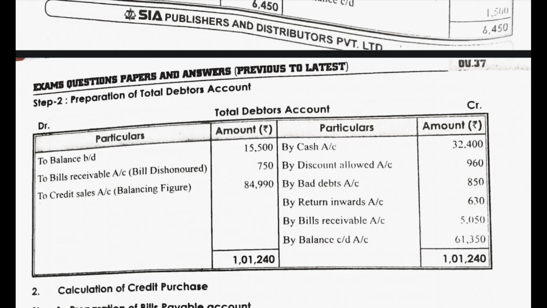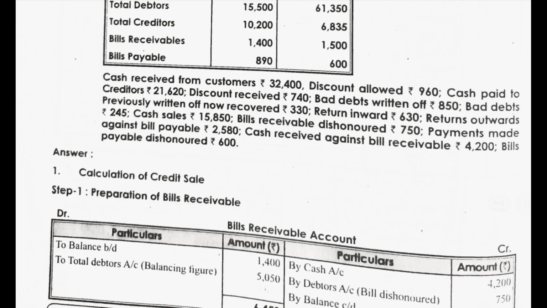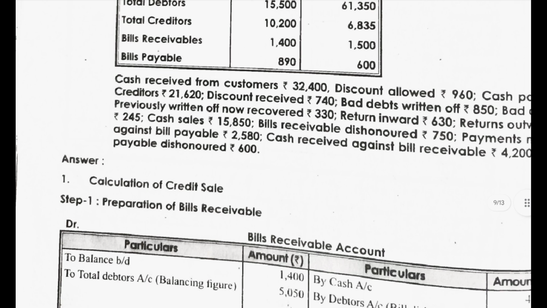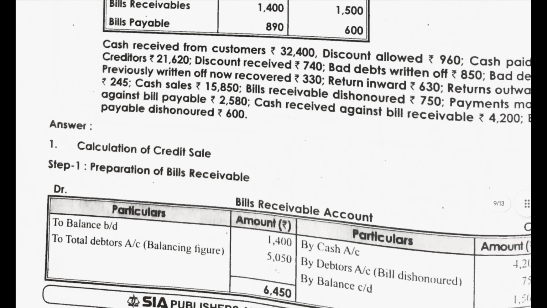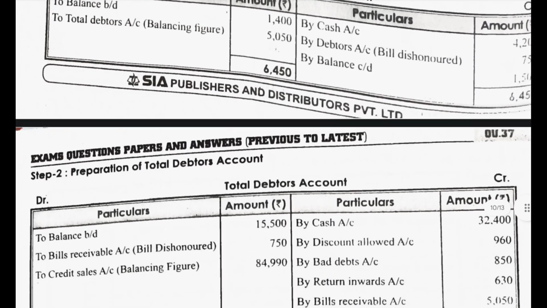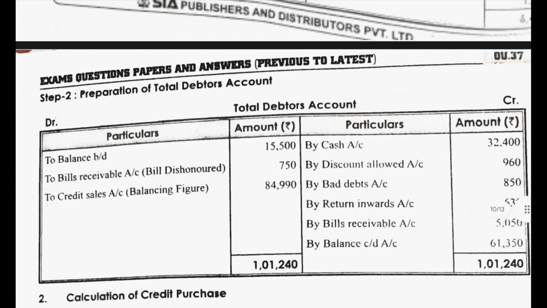32,000 cash received from customer. Cash received from customer, it is the total debtors amount we have received. We have sold before that, now we have received this. And bad debts, return inward, these all items we have to take here. Discount allowed, return inward, this cash received and discount allowed, bad debts, return inwards, bills receivable, just now we have